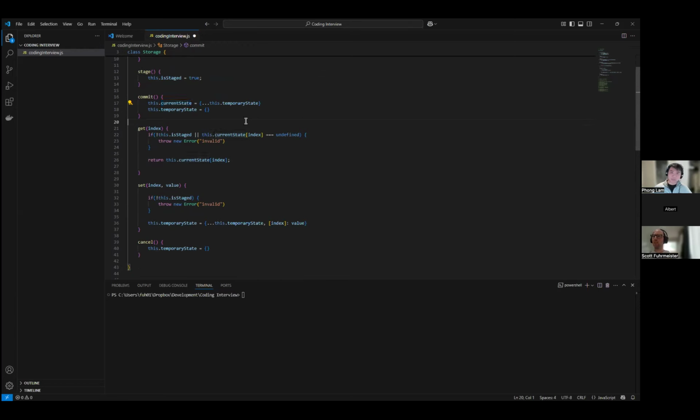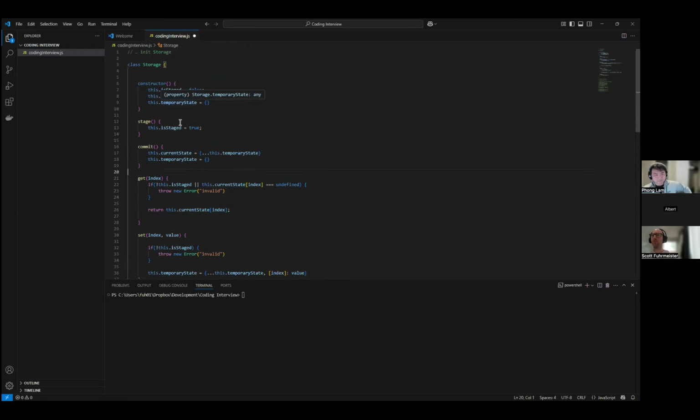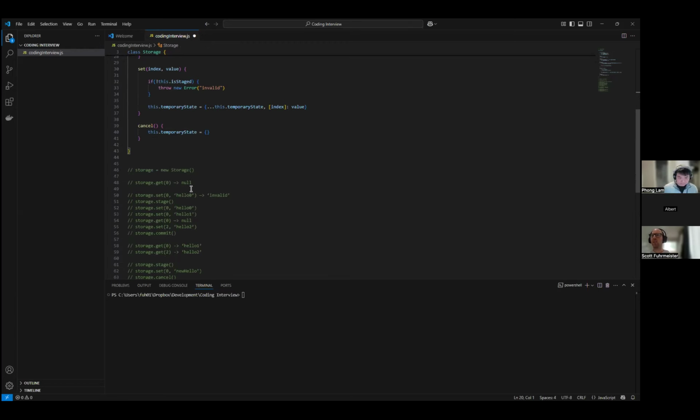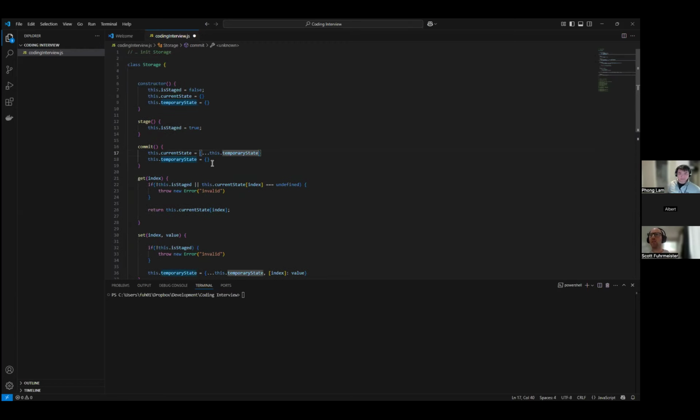Yes, of course, right? Because we've got new changes, so we're setting. Okay, so I think I get what you're saying there. So what we're going to do is take the current state. So we'll take a copy of the current state. So that will be equal to the current state.